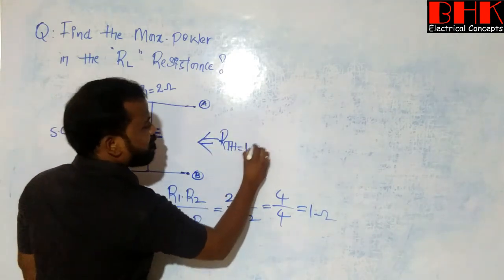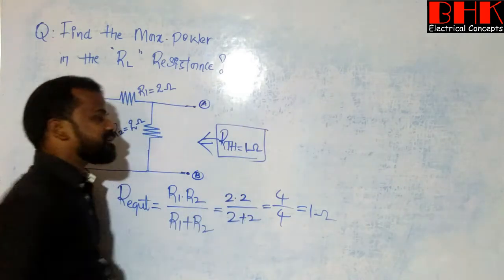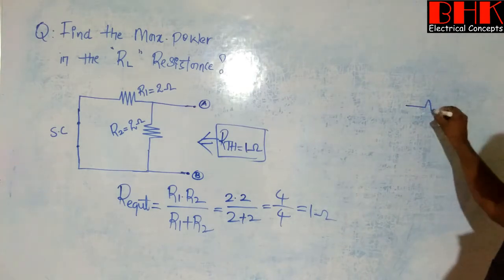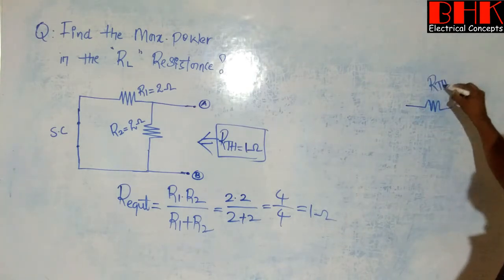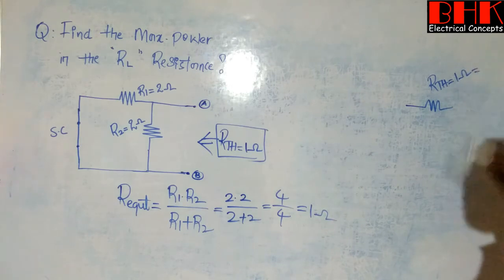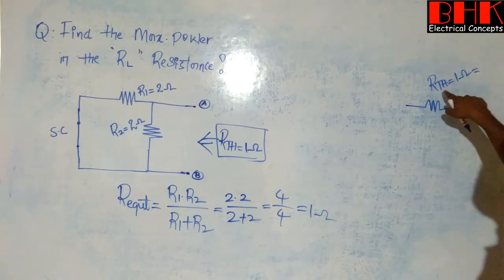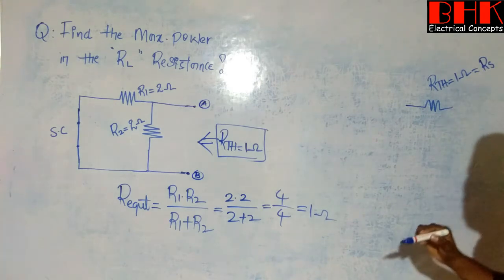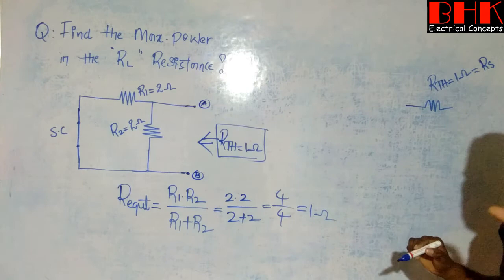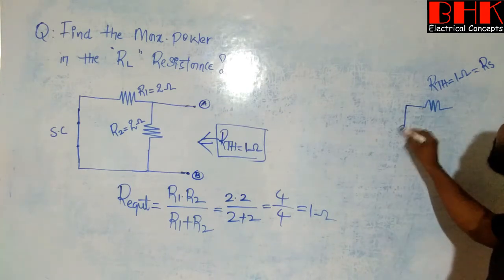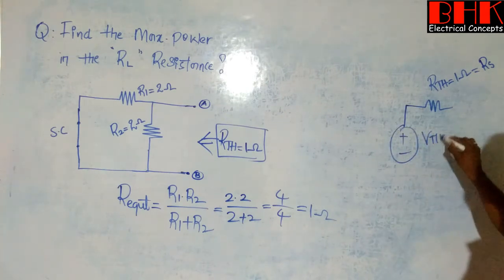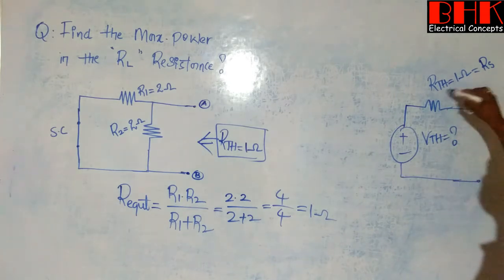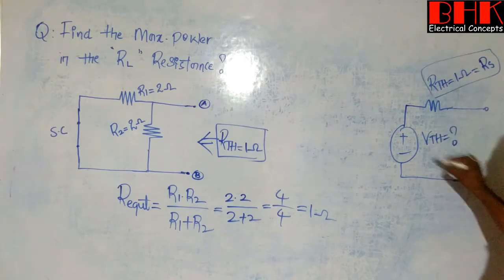Now the Thevenin resistance across these two terminals is equal to how much? Only 1 ohm. Now the calculation of Thevenin resistance is clear. Now take this value and place it here. So the calculation of RTH is 1 ohm. But what we are doing is considering the Thevenin resistance as the source resistance to get the value of load resistance in the maximum power transfer theorem. Clear? Now the calculation of Thevenin resistance is clear. What is remaining? Thevenin voltage. Clear? Now see here. So this part is clear. Now the remaining is the calculation of Thevenin voltage.